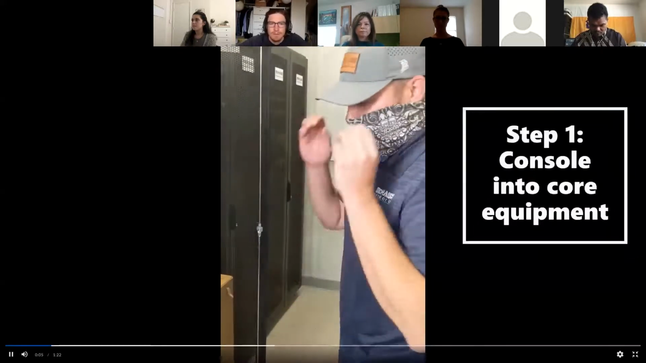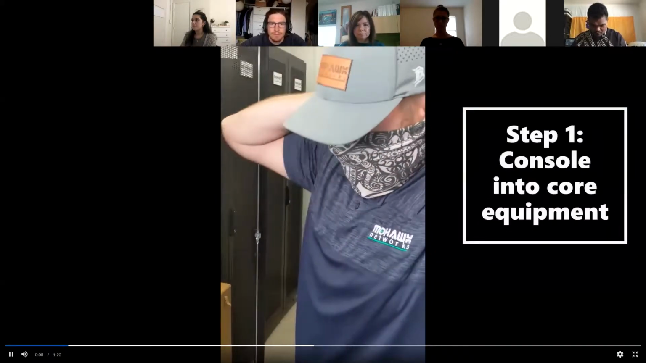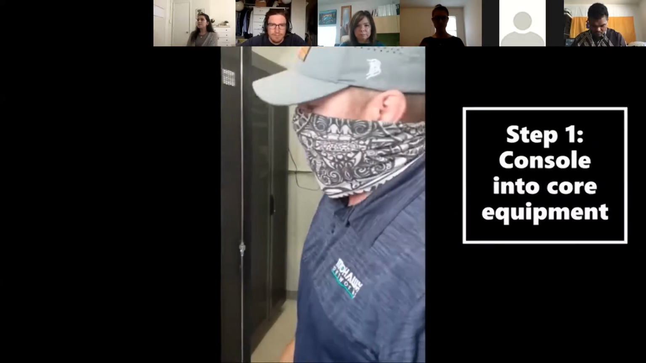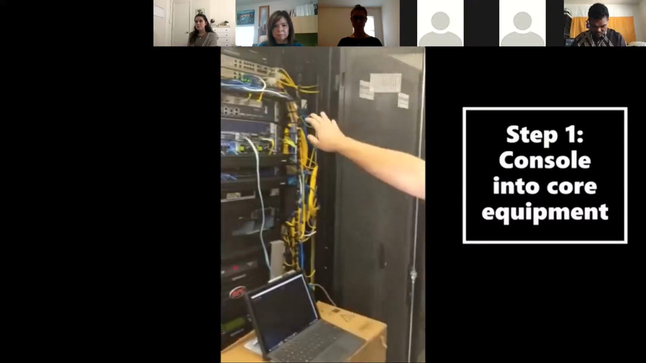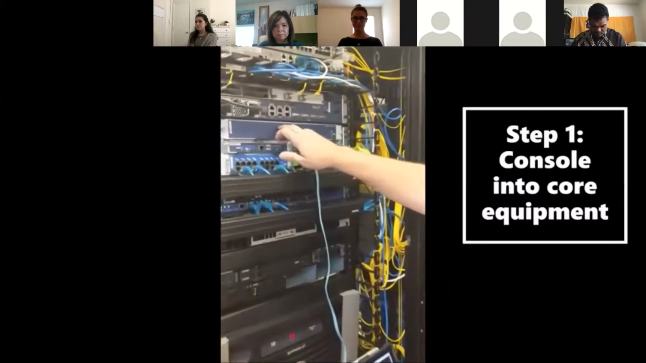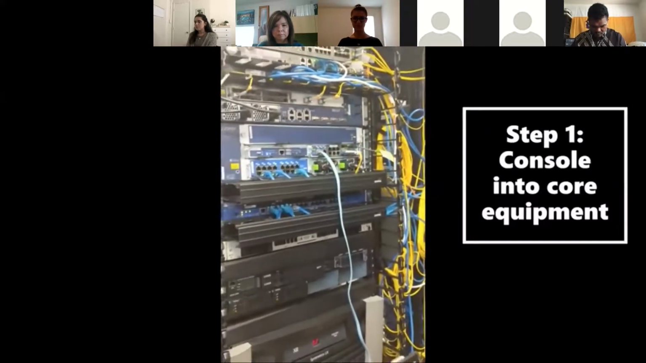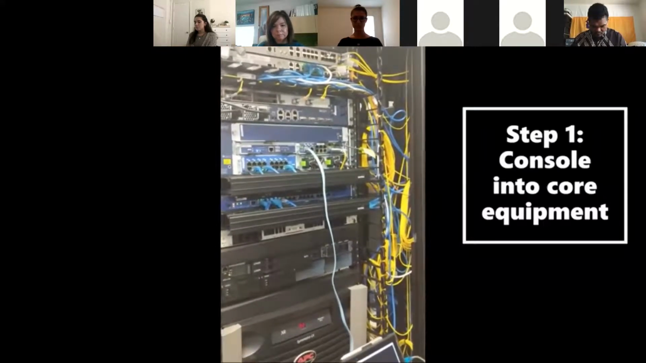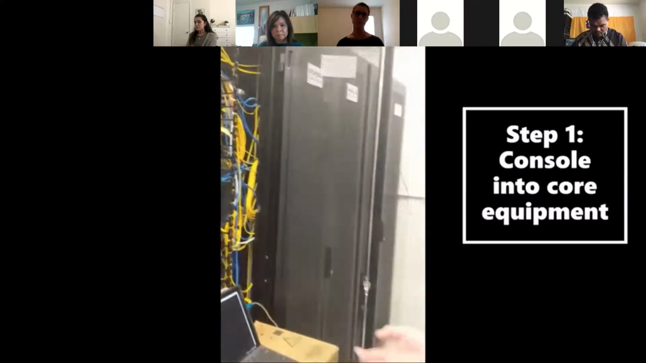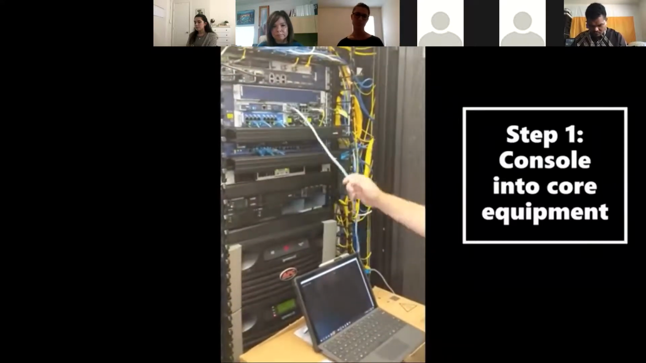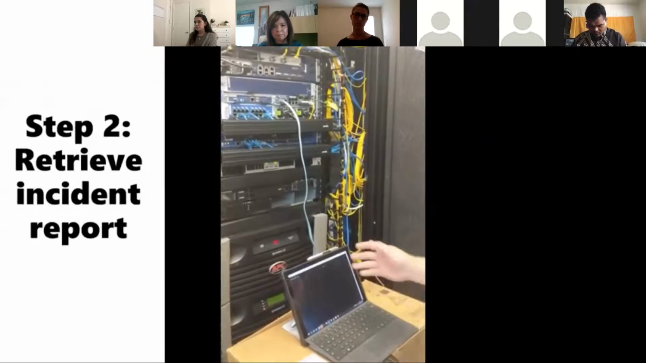In the case where a physical connection doesn't allow me to remote access any of our core equipment, we have a Juniper MX10, Juniper SRX 1400. These are big elements in our network. So if I can't get to these remotely, someone or a technician will have to physically come here and console into this device and pull logs. I just console into this